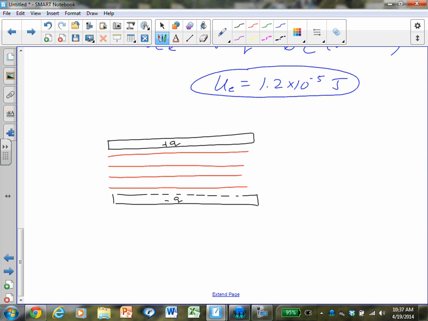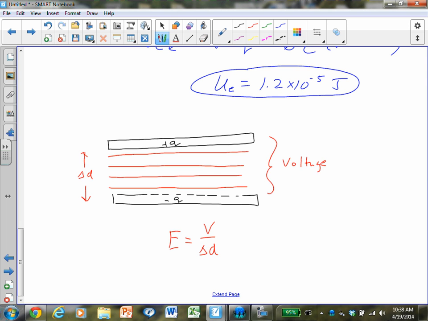And the field between these charged plates is quite uniform, or very uniform. It turns out the strength of the field is related to the voltage by the separation distance here, delta D, where the voltage would come from a battery,